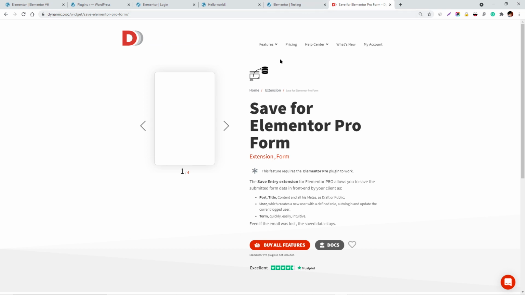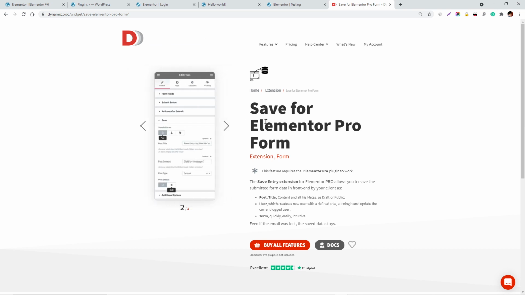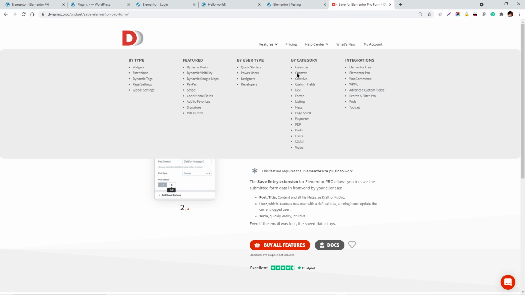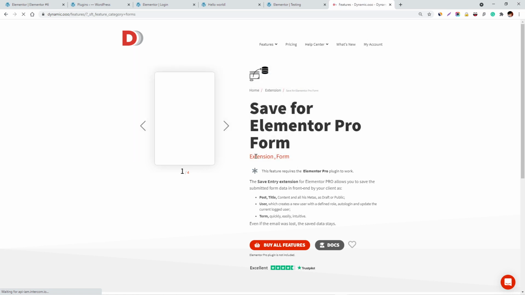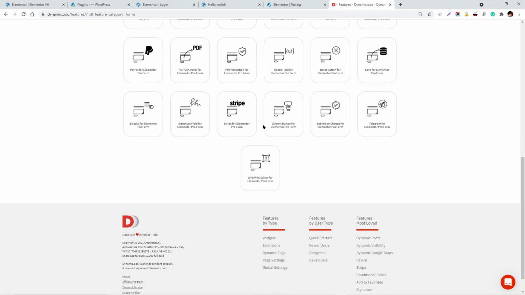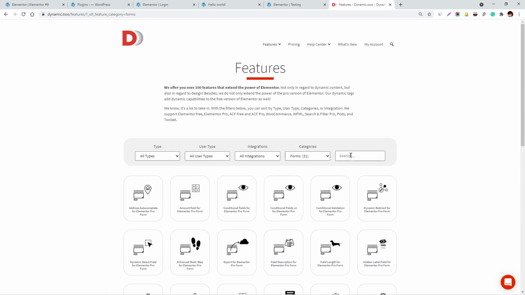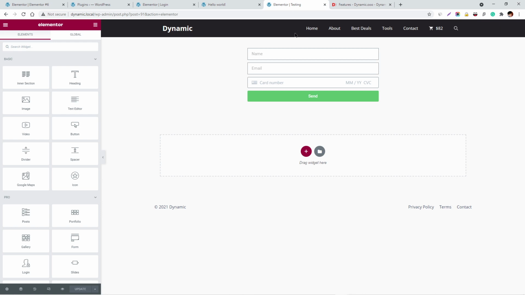If you use the plugin, it would be helpful for making extra powerful websites, because it's not the only widget that it allows you to have. There are a bunch of features of this plugin, and these are all categorized. You can have calendar, content, creative. These are a whole bunch of widgets that this plugin gives you. And if you click on any of these, for forms, suppose you're using the form extension, that's an extension for Elementor form. There are many extensions for your Elementor form, so you can extend the functionality of your forms that are created using Elementor.